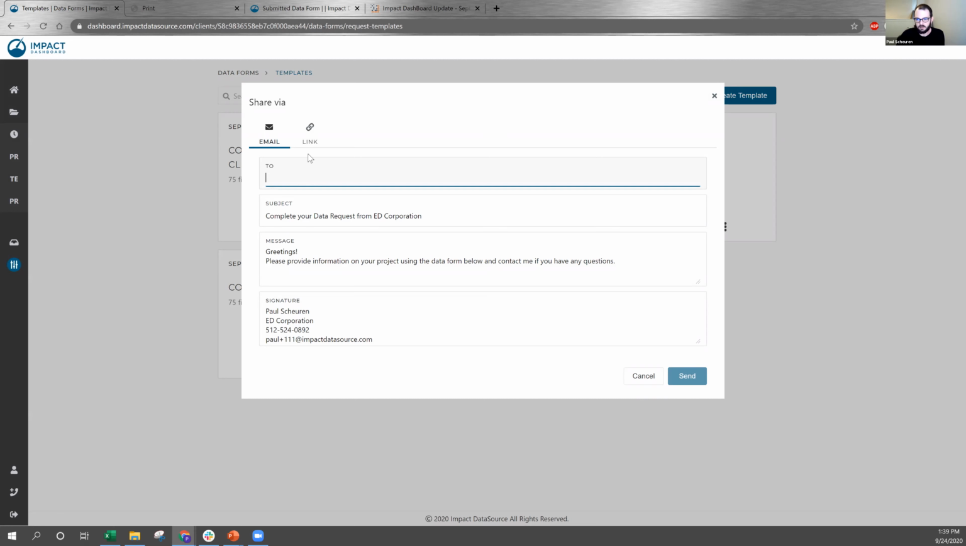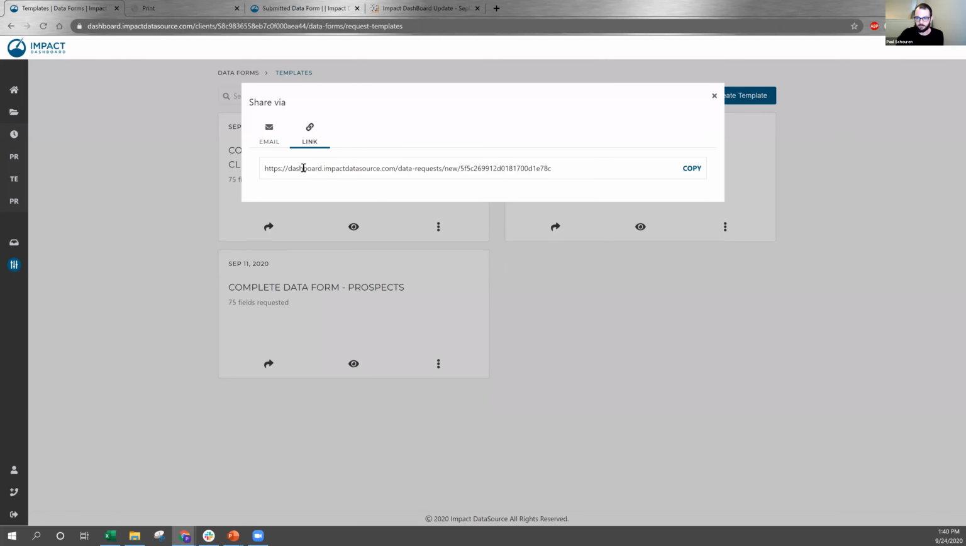So I want to get a link that will generate a brand new version of that data form template every time someone clicks on that link. And so the way to do that is click here on link. And this URL is what you would use to put behind, say, a button on your website, so that anytime someone clicks that button, it's going to generate a new blank data form for that individual,